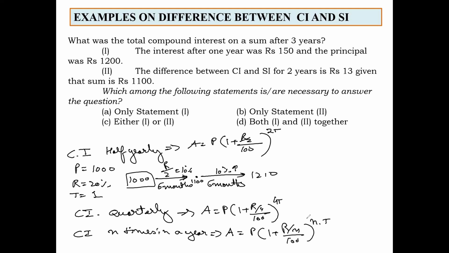Of course, it will change. If we were calculating compound interest in this case on this data for a year, the interest would have been 20% of 1,000 simply, which is 200 rupees. But in this case, what happens? The interest comes out to 210 rupees. Since there was that got added